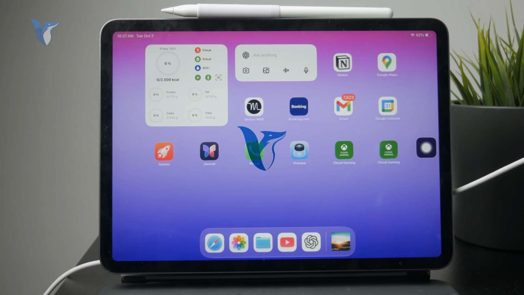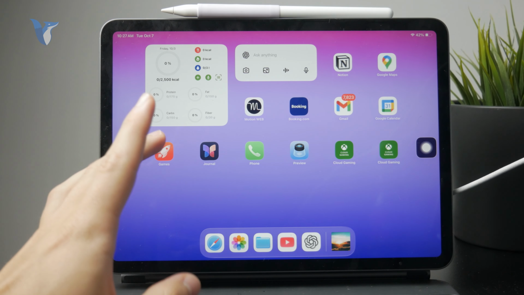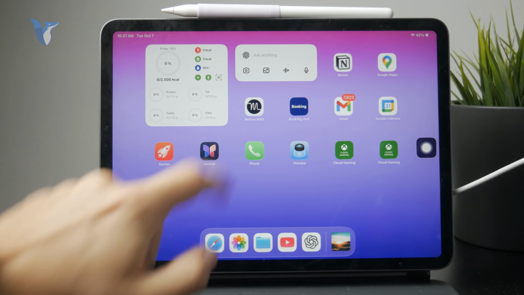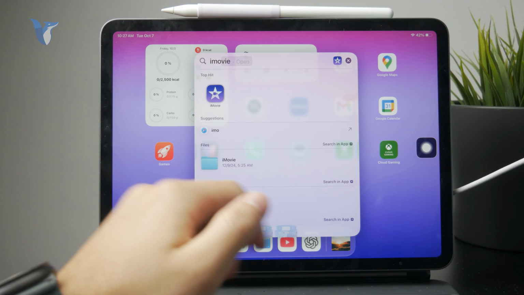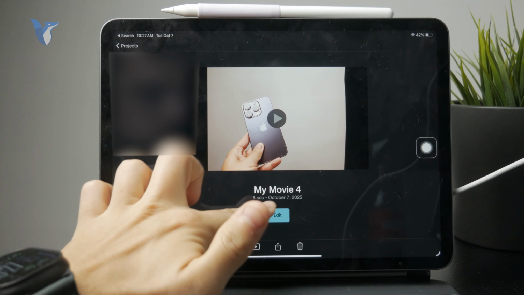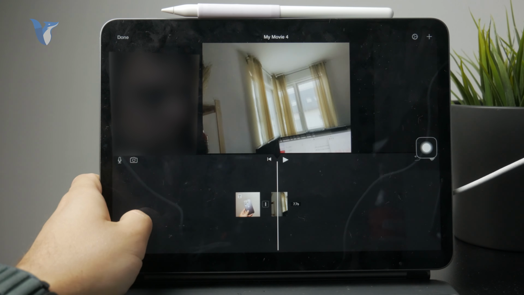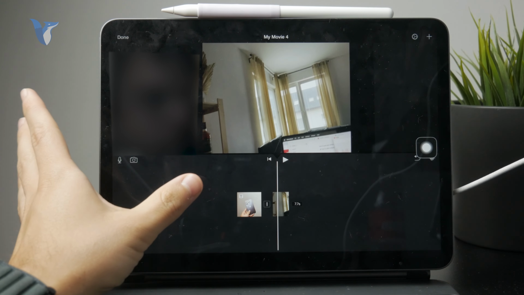Now, how do you add writing on iMovie using the iPad? Let's get started. So I'm usually just open up the iMovie application, and once you have your project ready, you can open it up like this. Make sure you are inside of the edit mode, and in order to add the writing or some text,